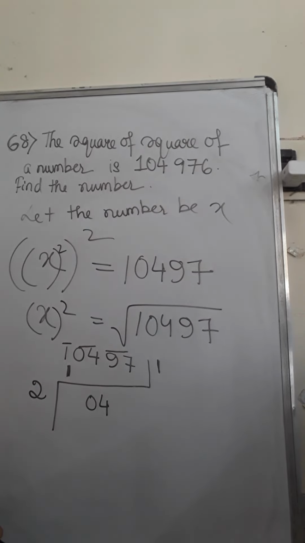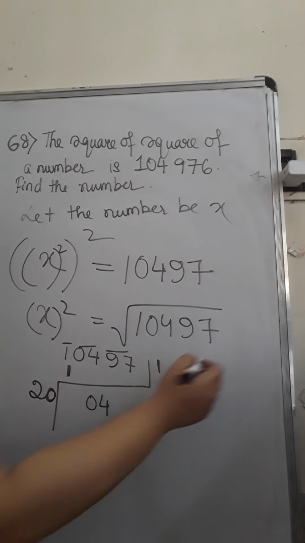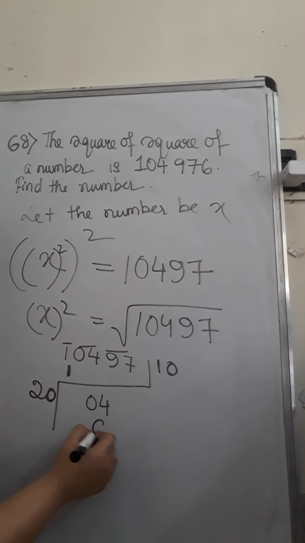Now with 2 we have to take a number and multiply with the same number so that it gives me 4. Now 04 means it's a single digit 4. And with 2 if I take any number, even if I take 1, so 21 I have to multiply with 1. So 21 into 21 also gives me a number greater than 4. So I am taking 20, because if I take with 2 0, 20 I have to multiply with 0 only. That gives me 0. So 20 into 0 gives me 0.